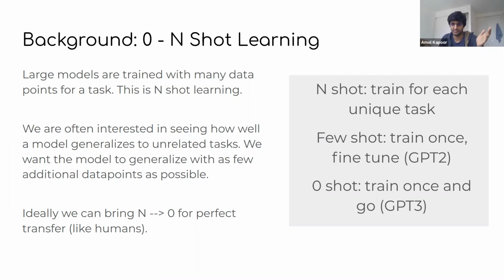Humans are really, really good at this, right? Humans are traditionally seen as the canonical zero-shot learners. What that means is we can take things that we've learned in school, for example, and apply that to the real world in situations that maybe we've never seen before. We want our deep learning models to be able to do this with as few additional data points as possible,